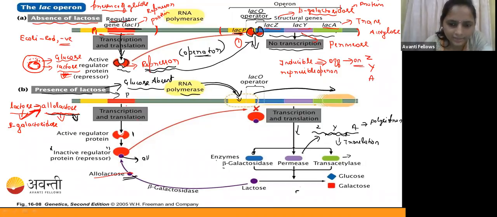You can see, guys, the enzyme which appears here with lac Z is beta-galactosidase. Here you can see the permease in the purple color, and that light green color is the transacetylase enzyme. Now what is the function of this permease, guys? I have told you: the movement of lactose from the media into the bacterial cell.